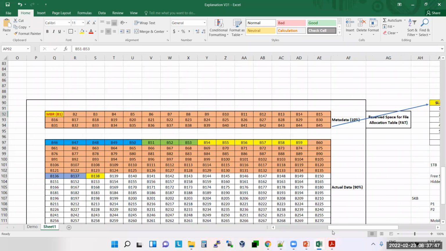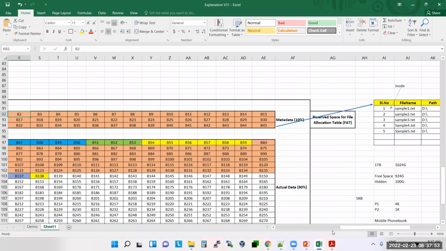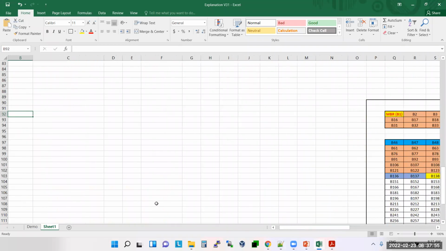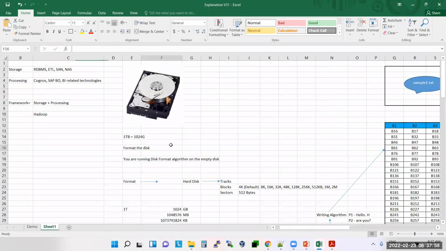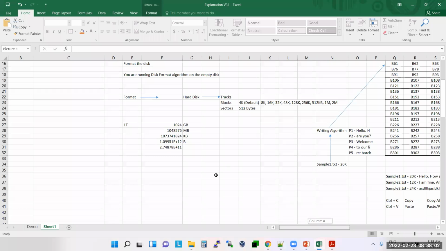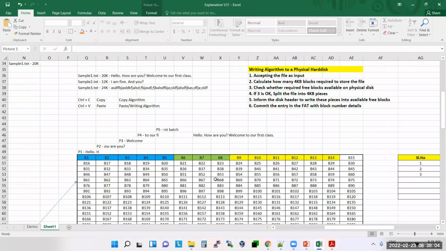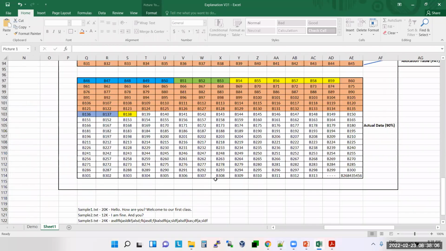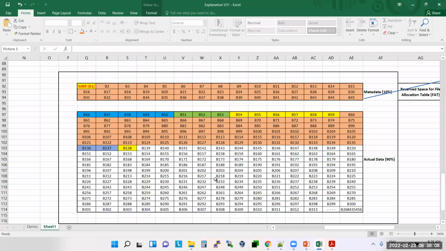From the beginning of the class, we started saying there are some problems with hard disk. But till now, did we see any problem here, guys? Not yet, sir. Everything is going smoothly, right? You are writing a file, it is getting written here. Yes or no? Everything is going smoothly. Yes, sir. But where will the problem arise? We will see here, guys.